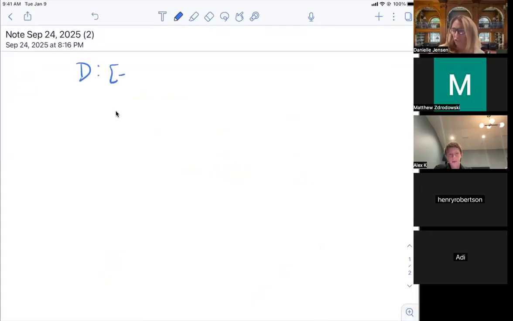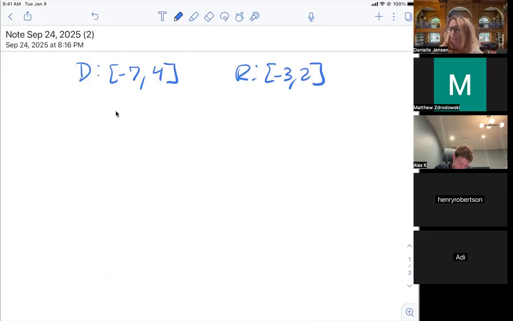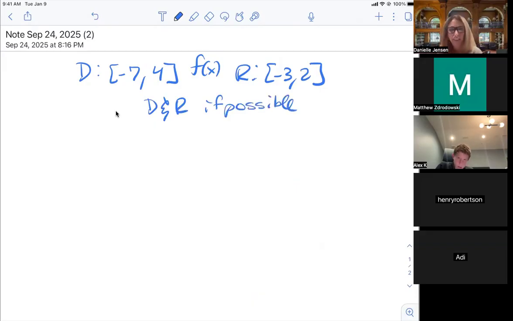So say the original domain was -7 to 4, and the original range was -3 to 2, and the original function is f of x. So tell me the domain and range, if possible, of the following. I'll do kind of a little bit trickier ones versus the standard ones. Okay, so let's do y equals